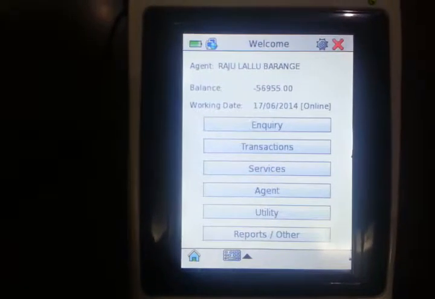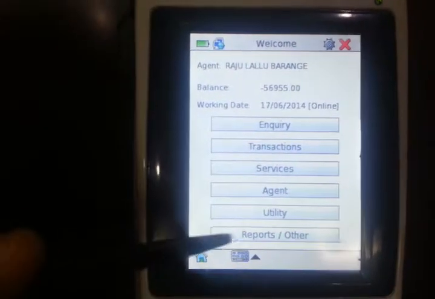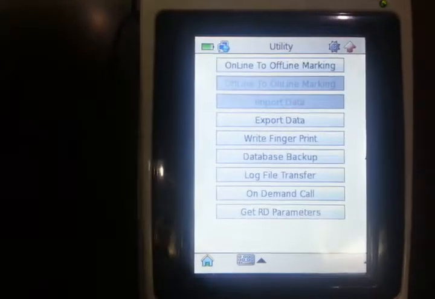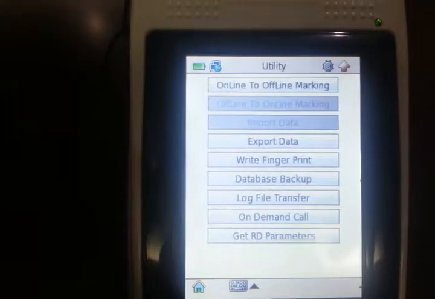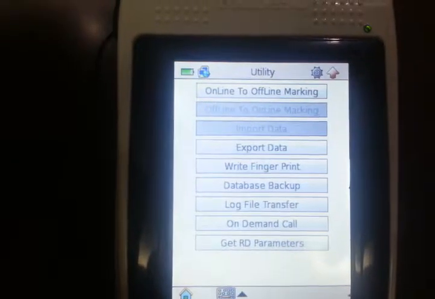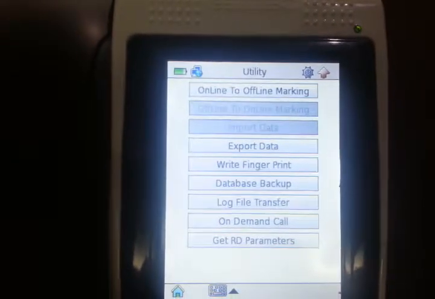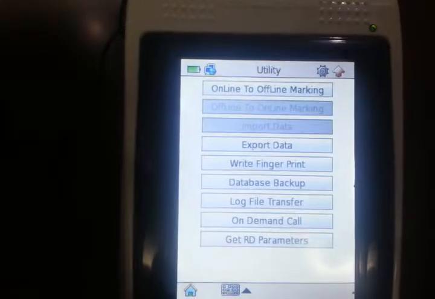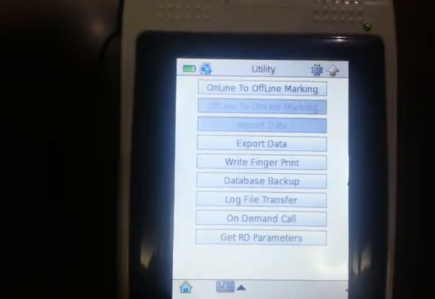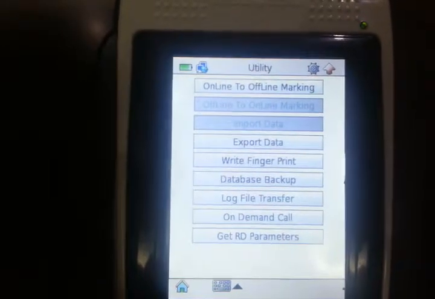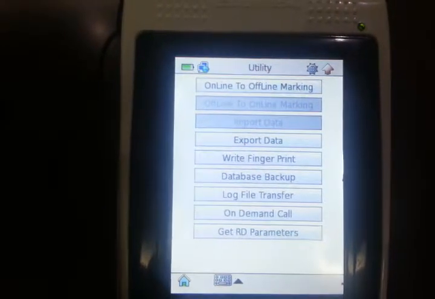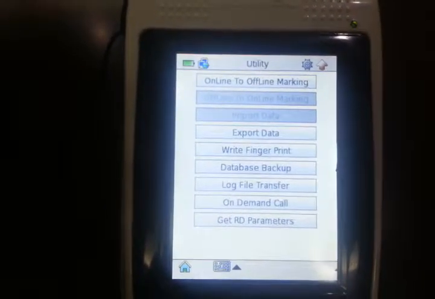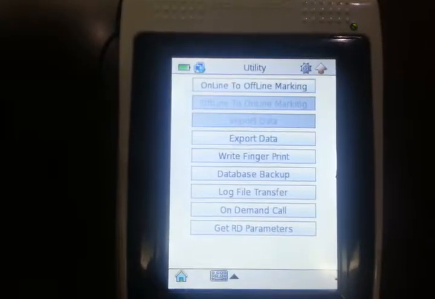The utility menu contains the options for managing the application or device. It has the options for online to offline marking wherever the device is working in offline mode. It has the option for exporting the data to a pen drive, writing the customer fingerprints, the database backup, and the file transfer for maintenance.